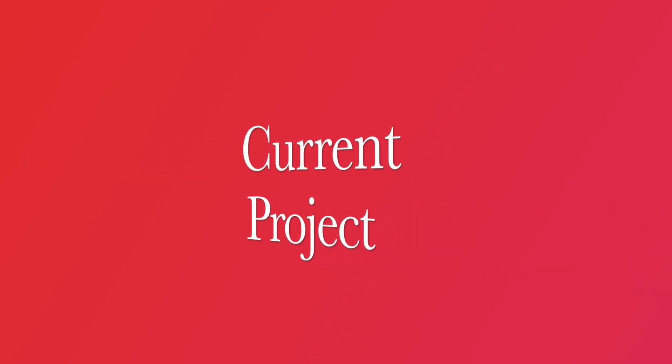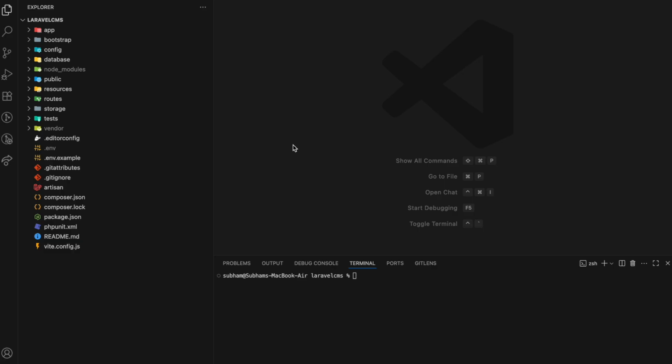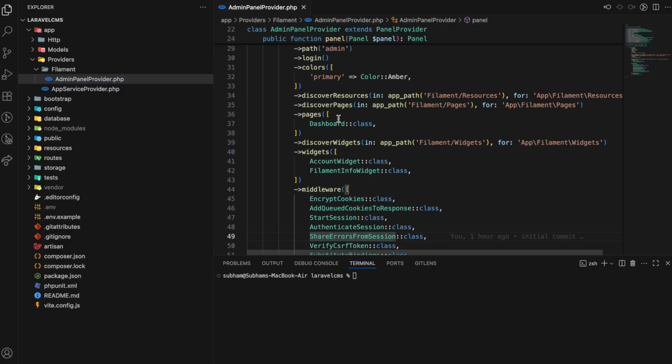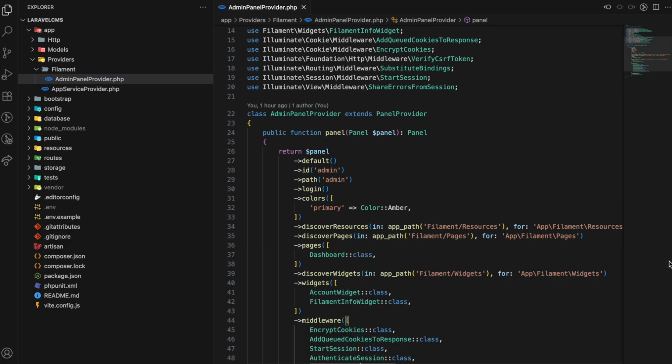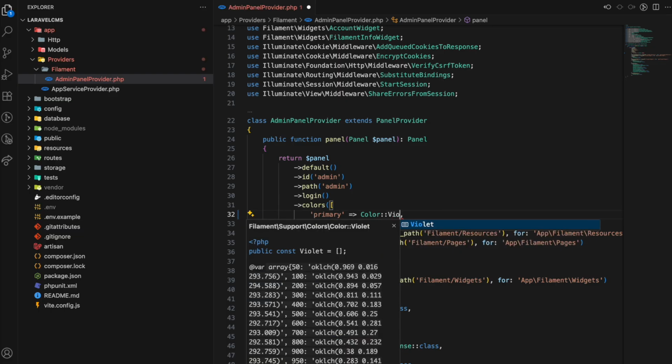project. Now in this video I just want to change some colors and then the font and nothing much more, so we can start our video from next. So if I go to the admin panel, what I want to do is to change the colors. I want to make the primary color violet,